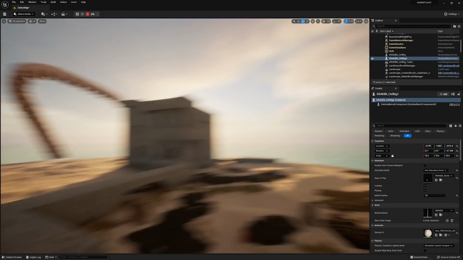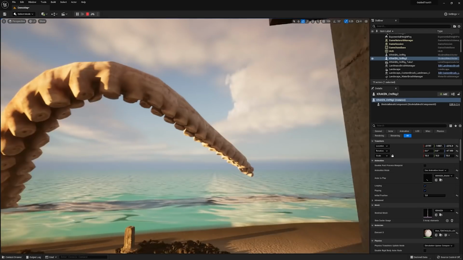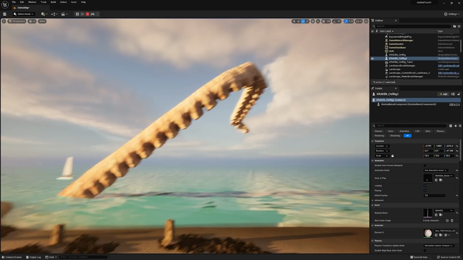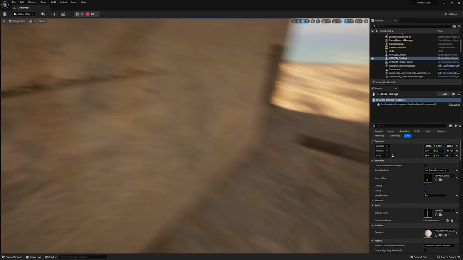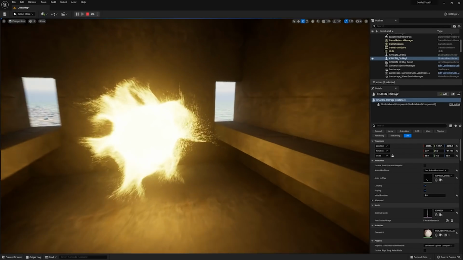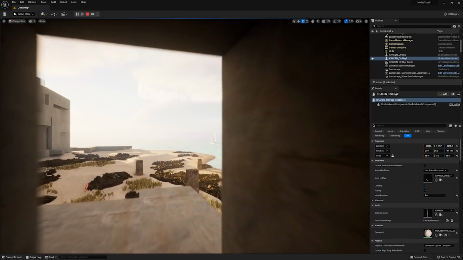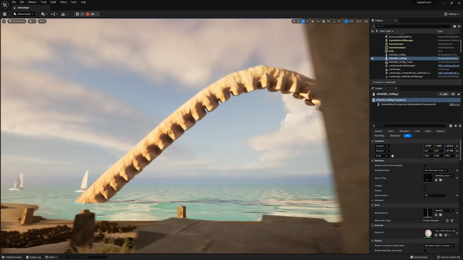We've got landscape blending, we've gone through Niagara, we've gone through Lumen, we've gone through Nanite, we've gone through Control Rig, we've gone through landmass, we've gone through water. So there's a lot here in UE5, and I'm super excited for what's here in 5.0, let alone what the future will bring. I hope this session has been really useful for everybody.